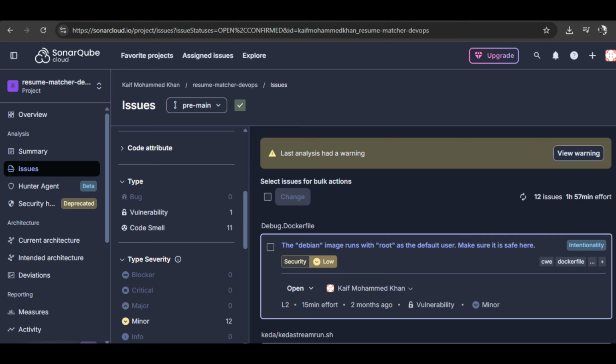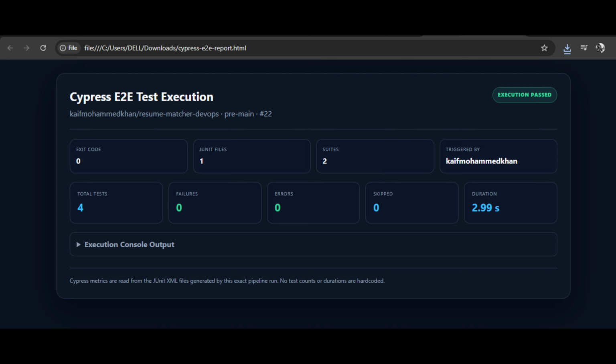Now next is the reports of Cypress. We can observe the Cypress E2E execution for the home page. You can observe that execution is passed, duration is 3 seconds, 4 tests performed, 1 JUnit file, 2 suites. It also has execution console output, meaning the logs are also present in this HTML report. You can see the disclaimer, Cypress metrics are read from the JUnit XML files generated by this exact pipeline run. No test counts or durations are hard-coded, meaning it is not mock, it is an actual report based on the logs